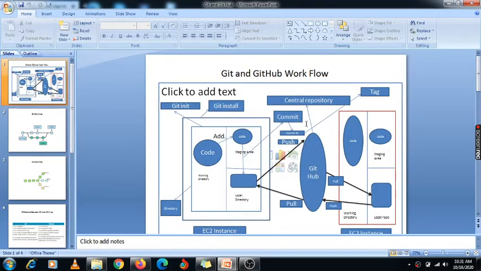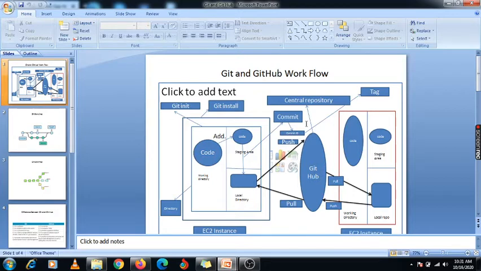Myself Ganesh. Today we are talking about this Git and GitHub. So this Git and GitHub is the tool. Git is nothing but the software and GitHub is the service. Service in the sense of storage. Whatever code we have pulled out to the storage, that storage is nothing but the GitHub.